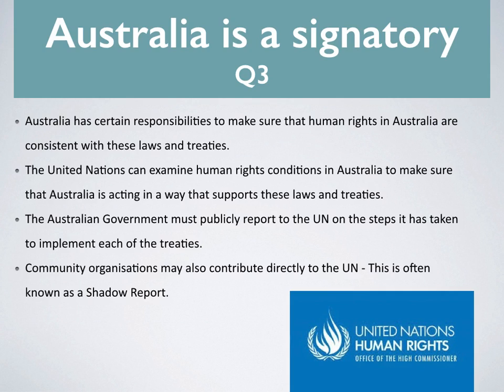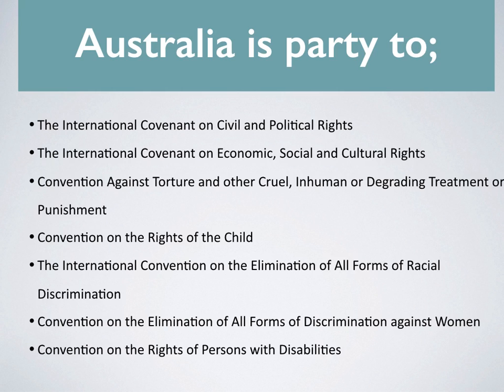and the Australian government must publicly report. And community organisations can also contribute directly to the United Nations, and this is known as a shadow report. So, just any community organisation can make a shadow report to the United Nations. So these are the sort of things that we're party to: the International Covenant on Civil and Political Rights, the